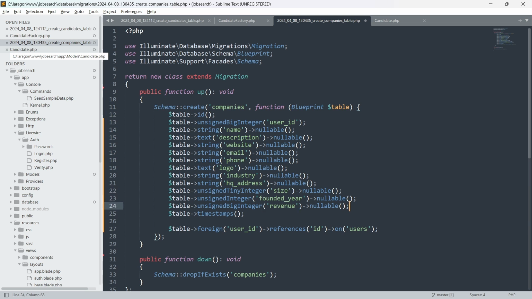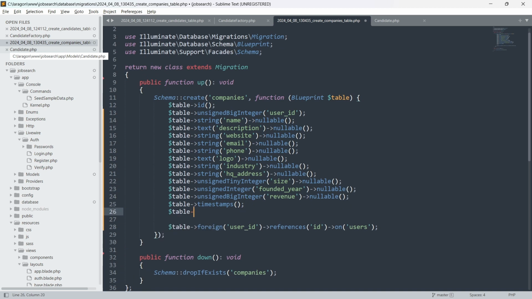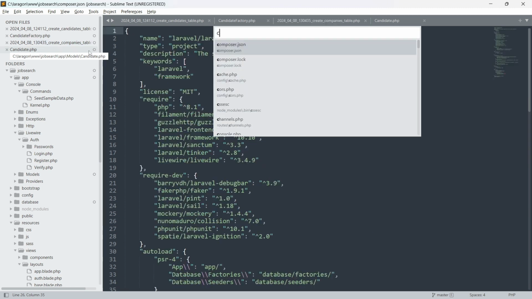It's not really something too important, to be honest, but anyway, why not? Just for the sake of having. And you know what? Once again, I'm going to add the soft deletes. It's always a good practice. So we go to the company model,